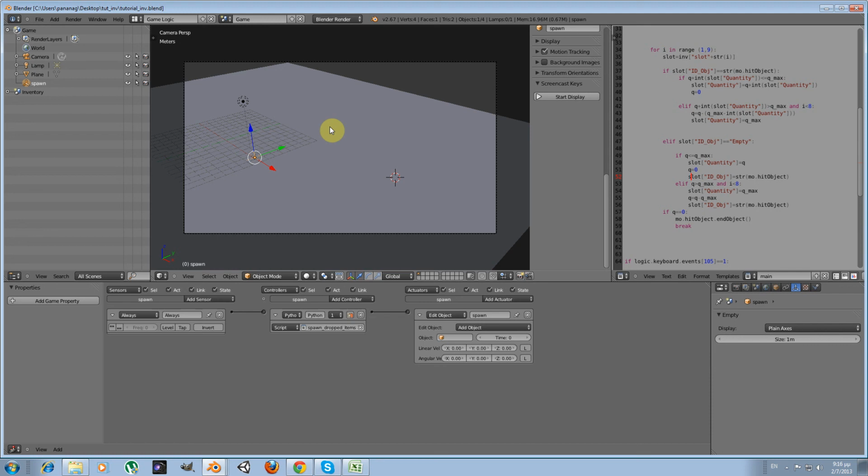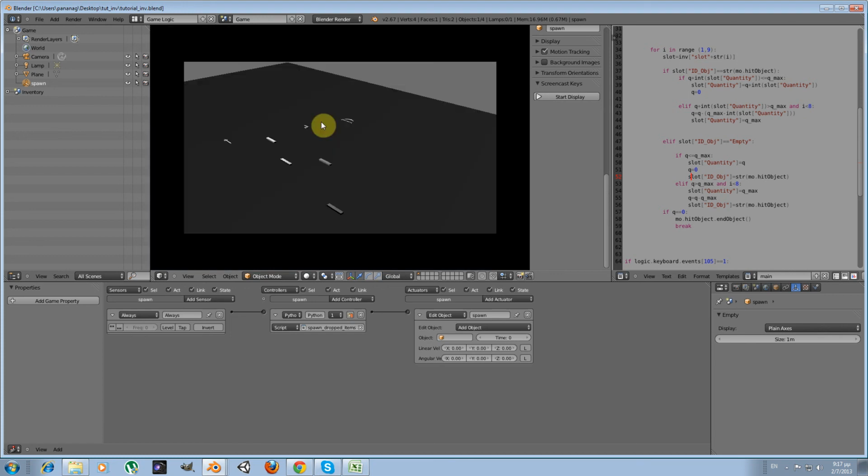And furthermore, what we want is to create another function, and this function will be dropping items from the inventory. So what I'm going to do next time is, except for one or two modifications in the code that will improve its performance,